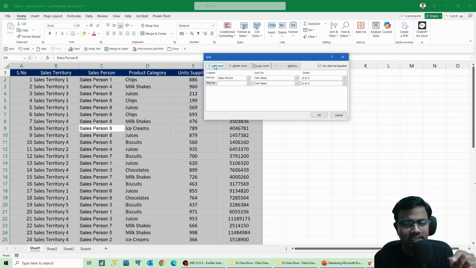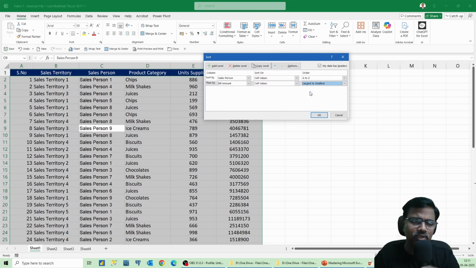When I click Add Level, I get the next drop down, which gives me the provision to choose the next field after the salesperson. Look at the words 'then by'. After the data is sorted by salesperson, what's the next column you want to sort by? I want to sort by bill amount,